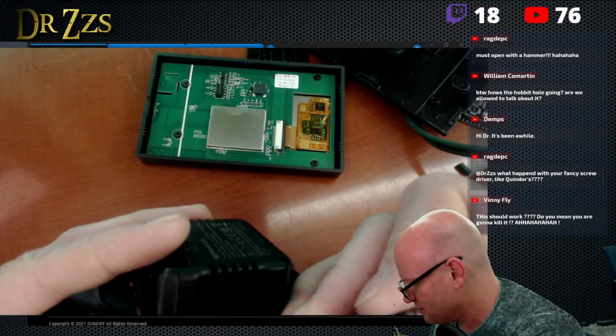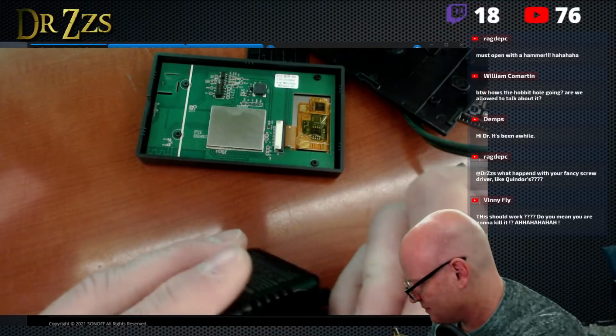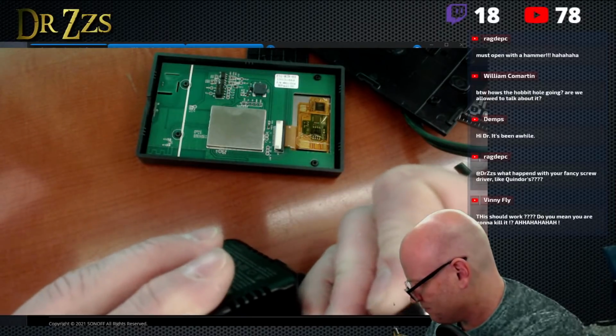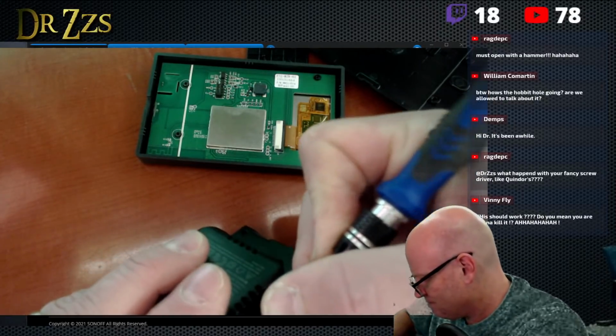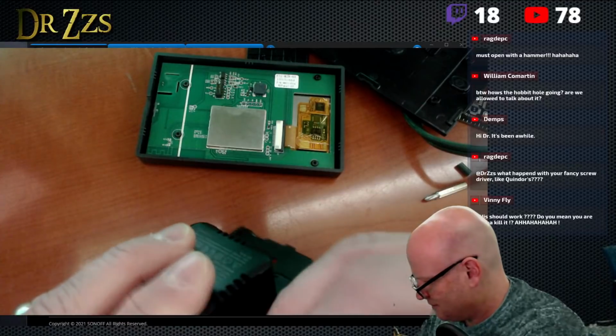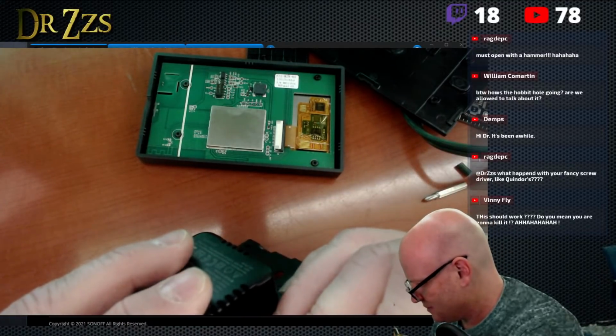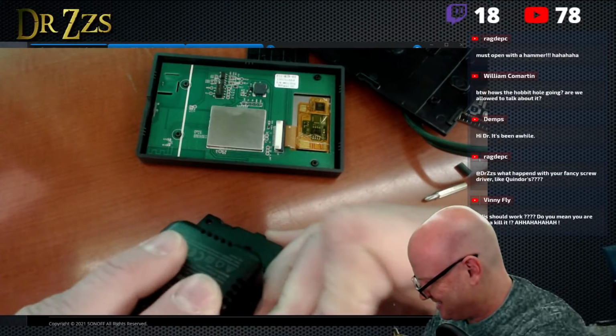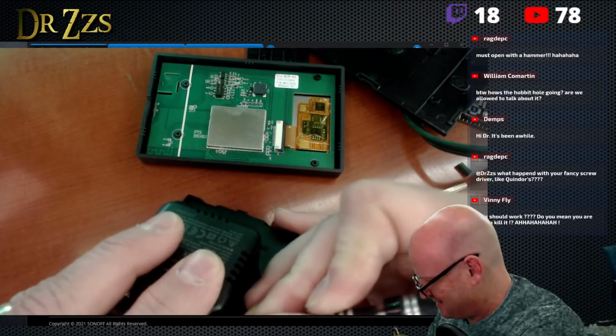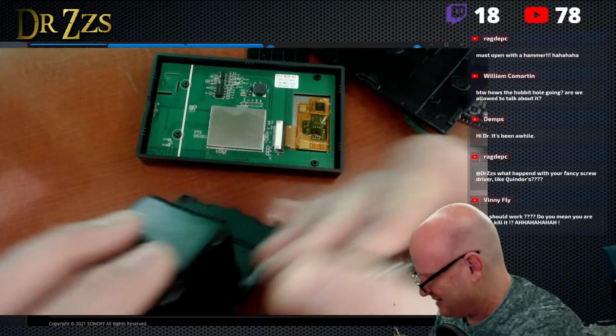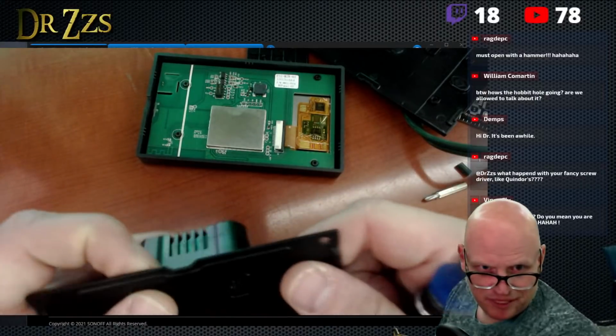I just can't get it to cooperate. Stab myself with this screwdriver. Curse you, Perry the Platypus.